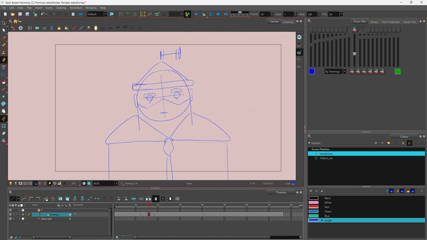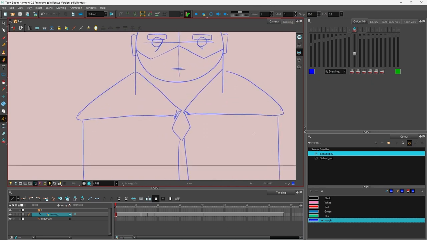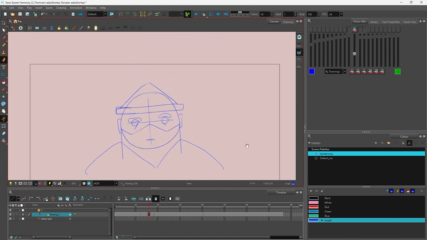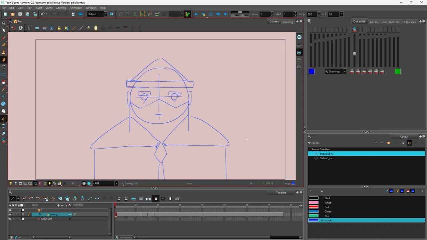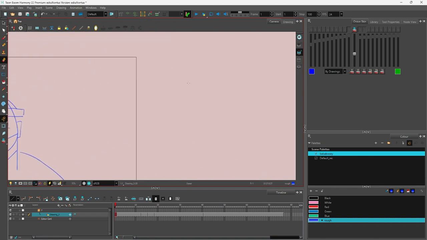Now this is what it looks like. Fairly smooth. And this is what you'll be doing if you are assigned an in-between rough animation task. And a lot of people, when they draw a rough animation, they like to